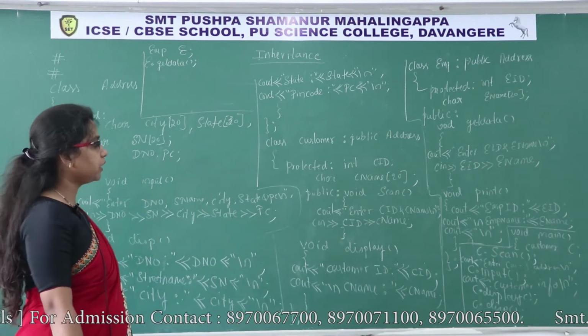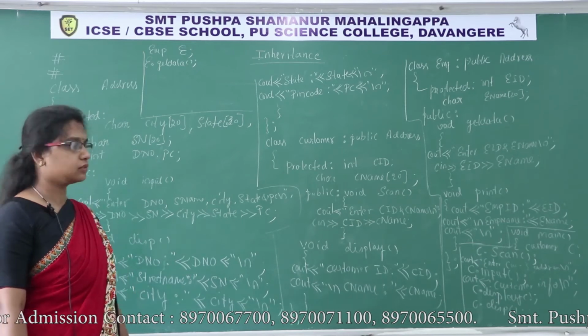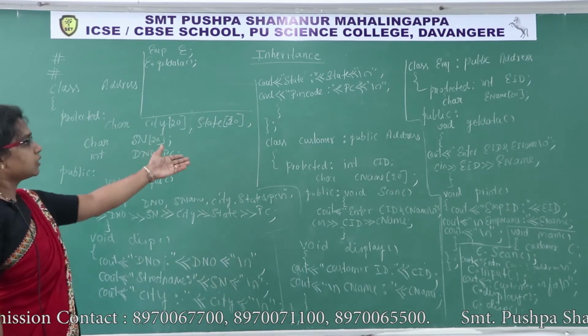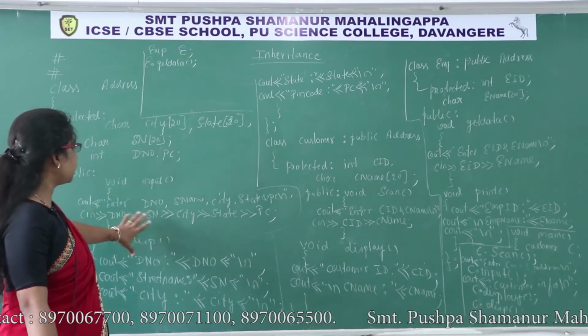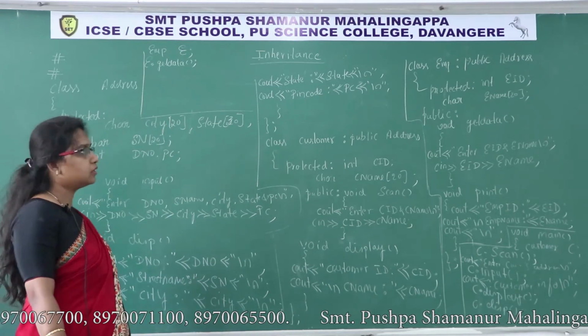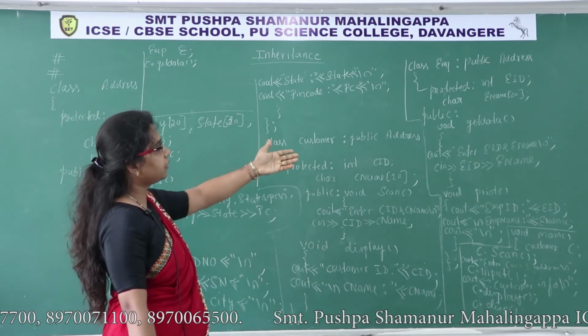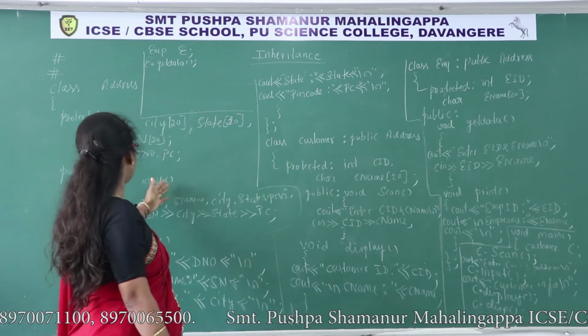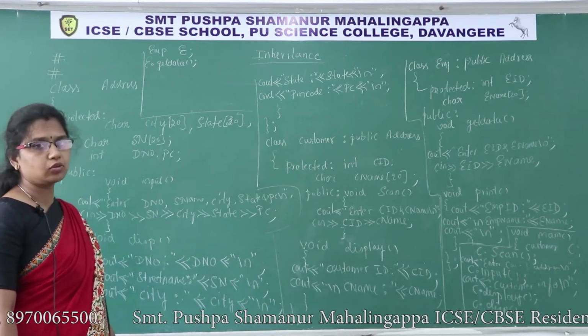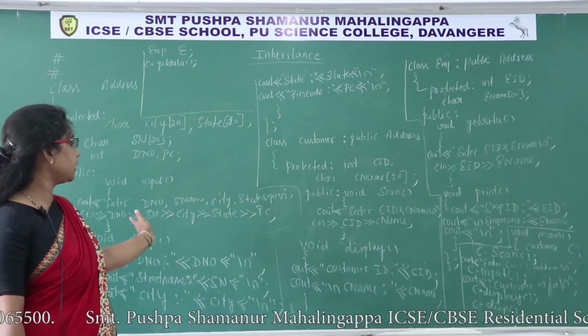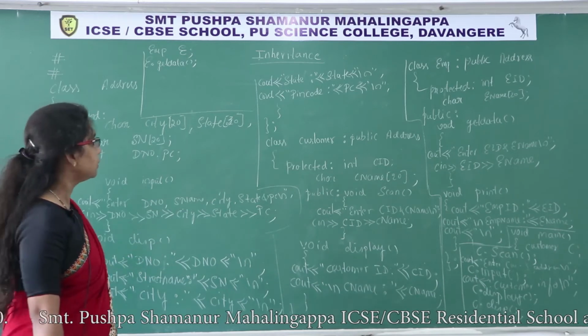After that I want to read employee address. Again, customer and employee are the subclasses of address class. Obviously the members are inherited to both classes. Employee public section contains getData, print, and input, disp. So a total of 4 functions are there in the employee class also. 2 are its own functions and 2 are inherited functions. Okay.